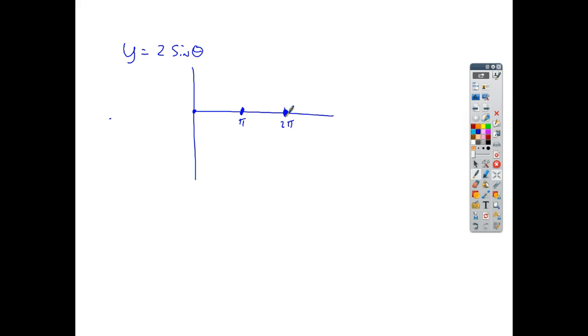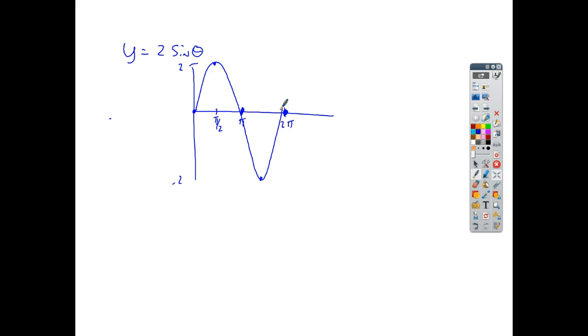All right. Now, at pi over 2, where is sine normally? At pi over 2, if I'm going to draw my graph, where would I normally be? 1. But since I'm multiplying 1 times 2, the sine of pi over 2 is still 1. What's 1 times 2? 2. So this thing's going to be up here at 2 instead. And so 0 is going to be 0, but when I get negative 1, what am I really going to get now? Negative 2. So I'm going to be down at negative 2. So the graph now becomes like this, where the